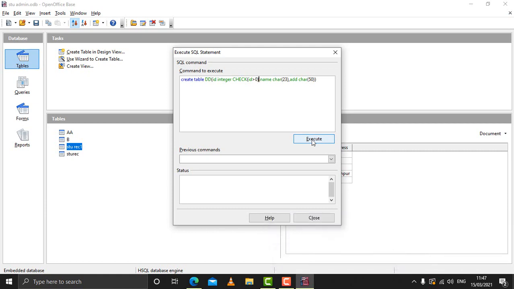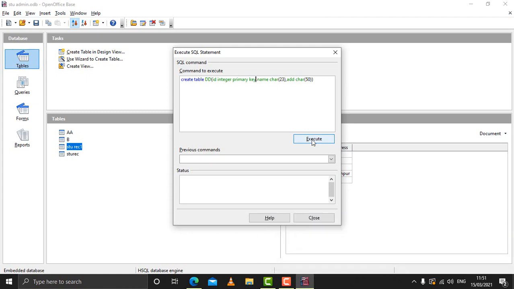The simplest thing you can do is write primary key just next to the field name where you want it to be. Say for example, you want id as primary key field, so here you have to write primary key. Now this id is a primary key field.